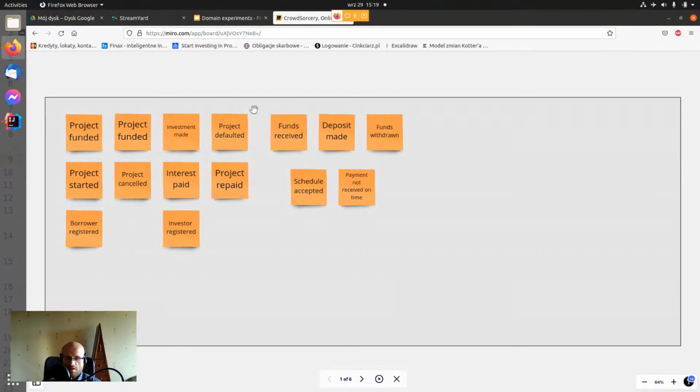And here's the example of the very, very initial version of the big picture session. And there are things like project fund, and you see it's duplicated, but it's not a problem. It happens like that in real sessions. Then there is project start, can be project started, project cancelled. This project repaid, schedule accepted, deposit made, funds received, project defaulted, funds withdrawn, payment not received on time, project cancelled. So a lot of things from different areas, completely assorted,